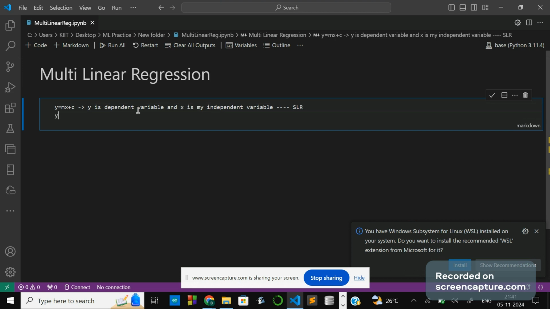And in multilinear regression I have more than one independent variable, like y equals